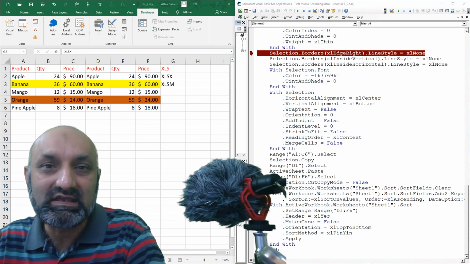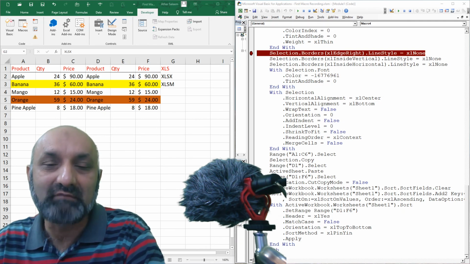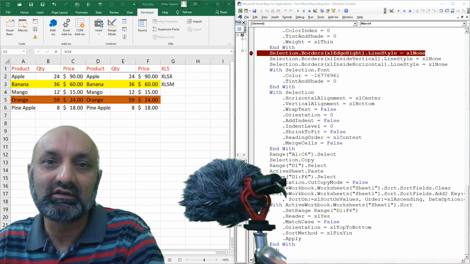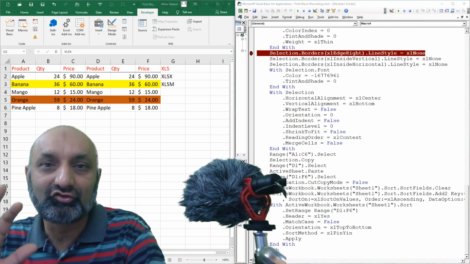So keep an eye and avoid running macros or enabling macros. This should be a full thought decision that I want to run a macro in this file. If you have any doubts about the source of the file or about the code, don't enable the